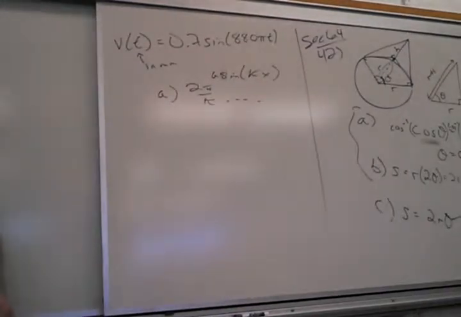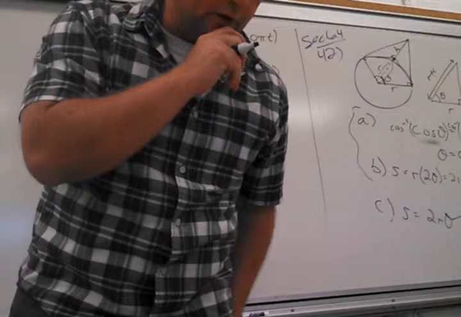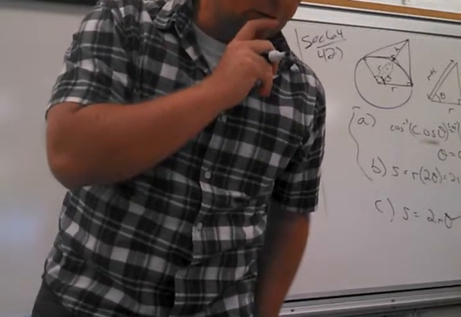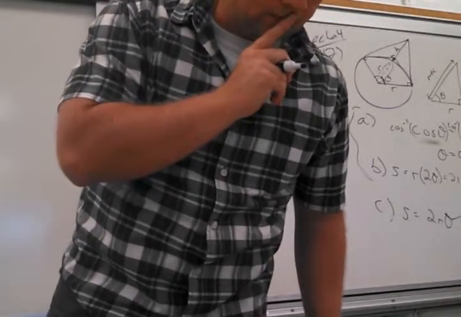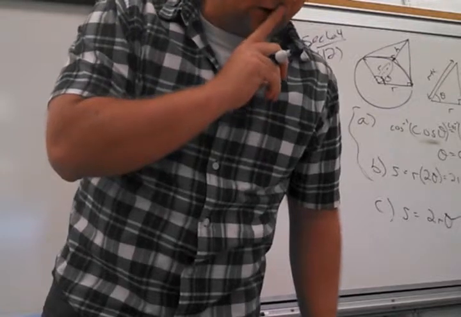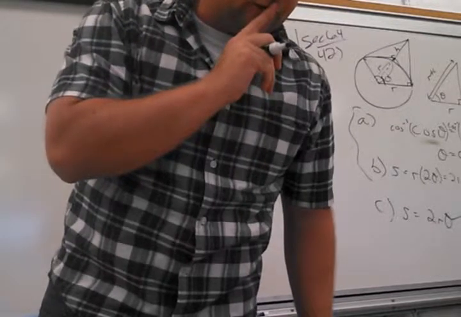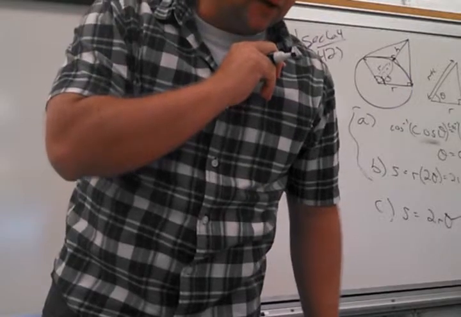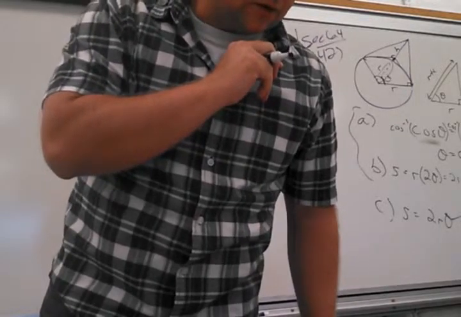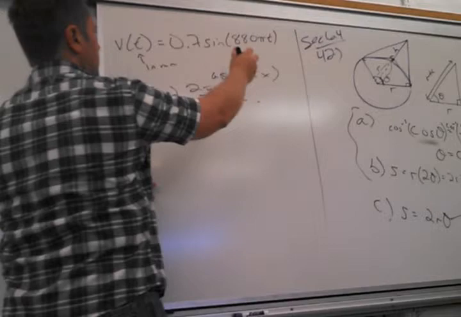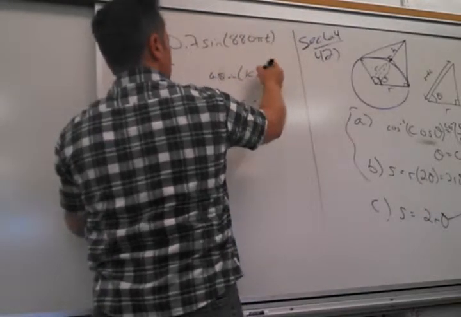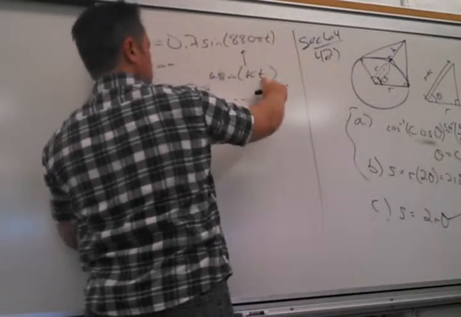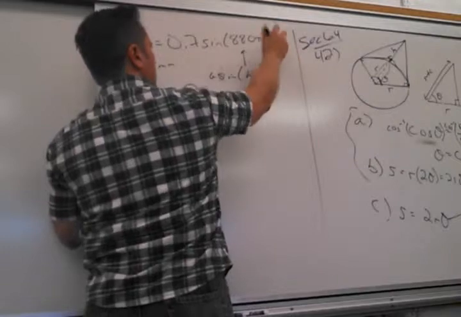Well, which part of this was the trouble? Hopefully A wasn't. Part B? Oh, so here's the cool thing, the number of times the fork vibrates per second. So the period is, in fact, let me make this more clear here. In general, it's x or theta, but here my